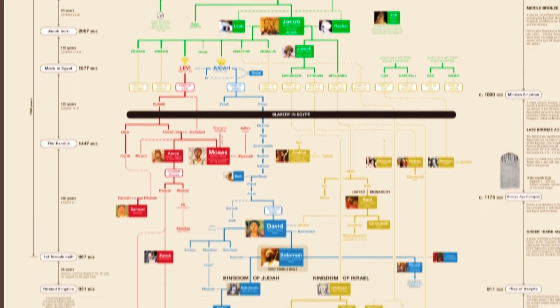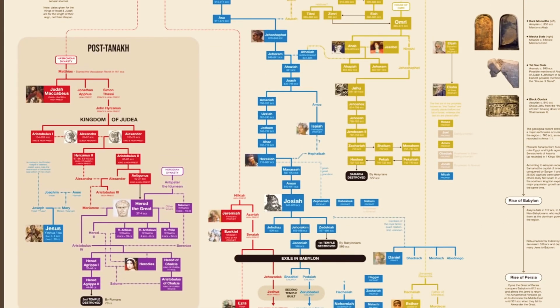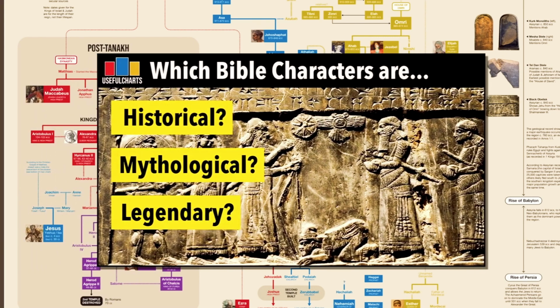Whereas the sections at the bottom of the chart, which I've already covered in separate videos, are considered to be primarily historical. If you're curious to learn more about the terms mythology, legend, and history, and how they apply to the various parts of the Bible, you'll definitely want to check out part 1 in my series on biblical genealogy. You can find a link to that video, as well as all of the videos in this series, in the